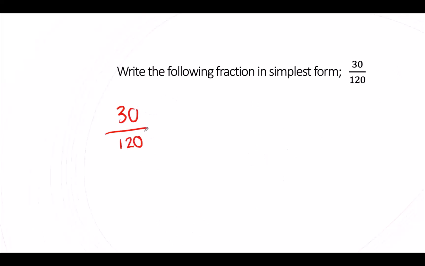So I can see that both numbers end in a 0, so they're both going to divide by 10. So I'm going to divide 30 by 10, which is 3, and 120 by 10, which is 12. Now I'm going to guess that 3 will divide by 3, so let's see if 12 will as well. Well, 3 divided by 3 is 1, and 12 divided by 3 is 4. Now, 1 won't divide by anything other than 1, so if I divided 4 by 1, it would stay the same. So there's nothing more for me to divide here, and this is my fraction in simplest form.